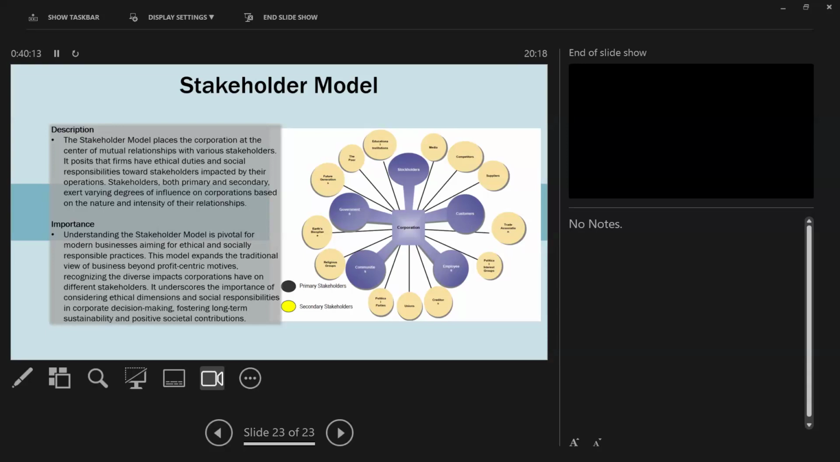So remember, we said that the community is part of the stakeholder. We said that the customer is part of the stakeholder. The employees are part of the stakeholder. So all these people are being considered into play. Now, this model underscores the importance of considering ethical dimensions, social responsibilities in corporate decision making, fostering long-term sustainability and positive societal